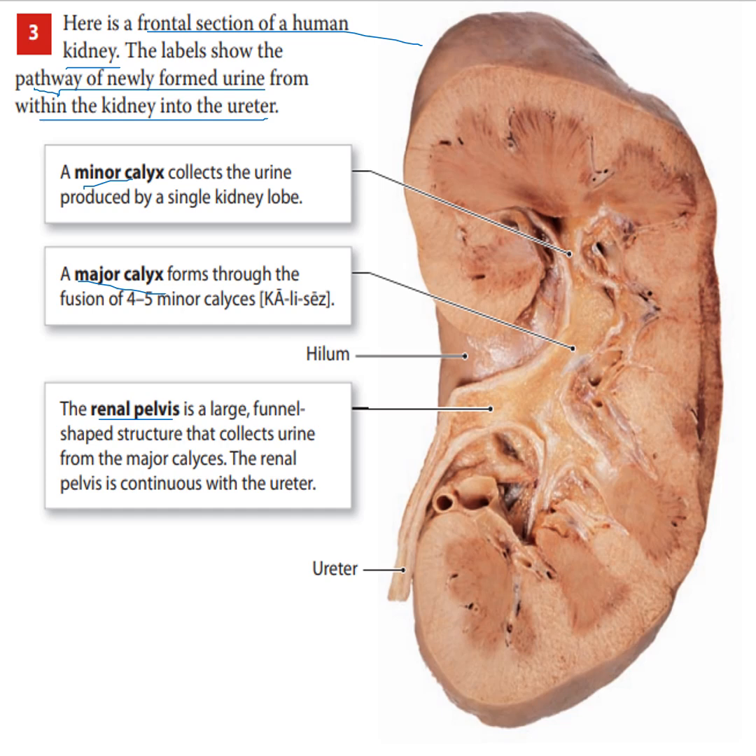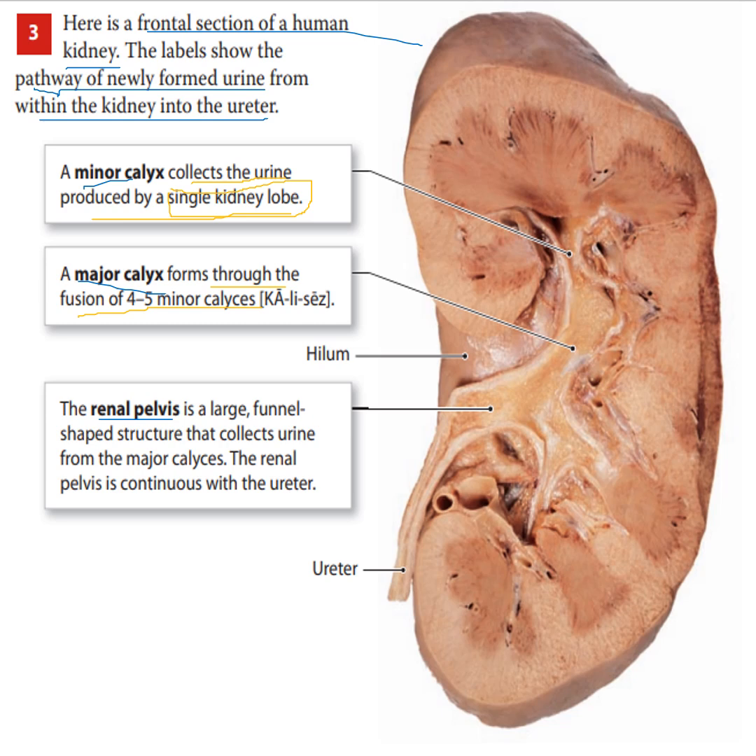So the minor calyx collects the urine produced by a single kidney lobe. As we said, urine gets formed in the kidney lobe. So from the kidney lobe, it enters into the minor calyx. Then from the minor calyx, it enters the major calyx, which forms through the fusion of 4 to 5 minor calyxes. Then from the major calyx, it enters the